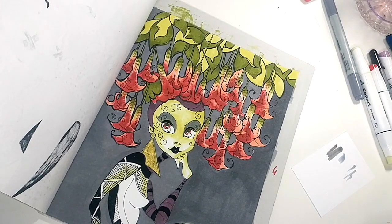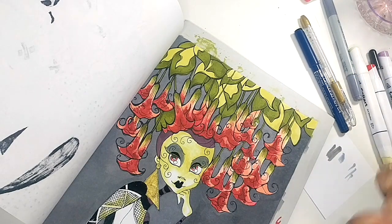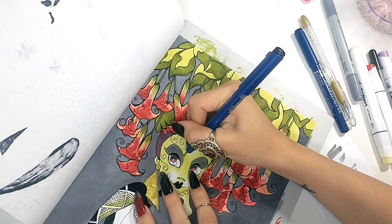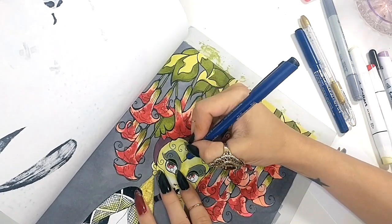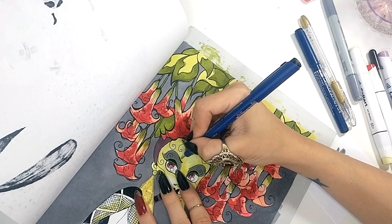Yeah, her makeup, girl, her makeup needs some help. The lines are all messed up. I need to go in and clean everything up. I promise I'll fix it. But we are going to start with the brows. I love the thin brow. I'm not going to give her a giant caterpillar brow, but I would just like to clean up